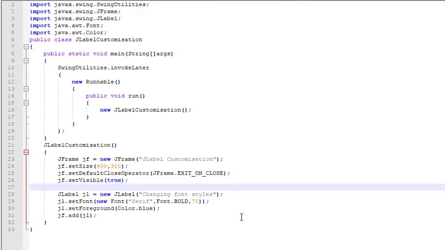After this, we have our JLabel commands. So the two new commands here are jl.setFont, new Font, the font type, then whether you want bold, italics or underlined font, and then the font size. Next, we have jl.setForeground, where we specify the color of the JLabel. Finally, we add this JLabel to the JFrame that we have created. I will save this file